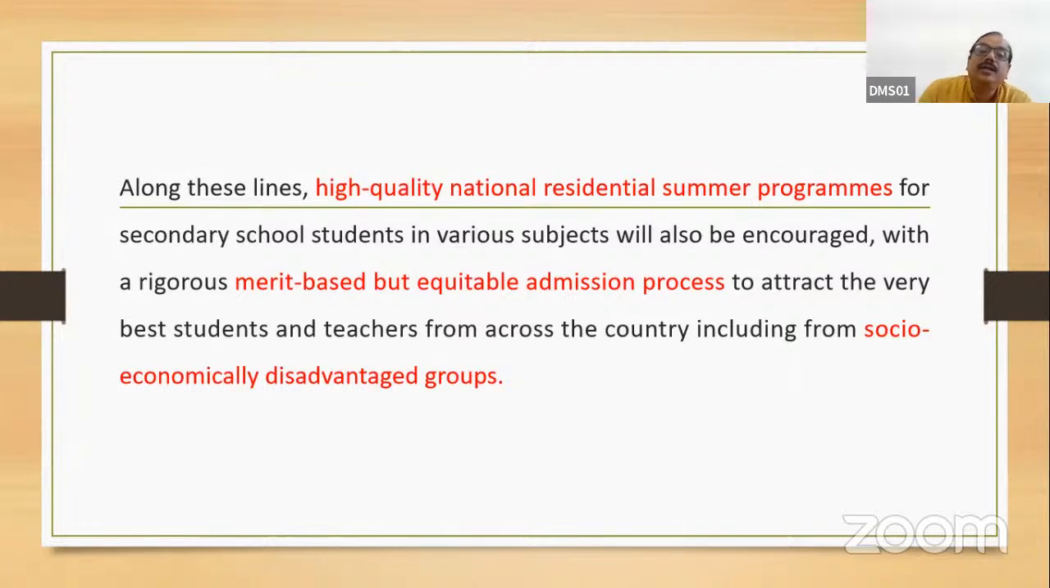So you can also provide them high quality national residential summer programs. Okay, so they are not saying residential exclusive schools for them. They are saying during the summer vacation, a residential summer program of shorter duration can be held, and in which they can be inducted and provided all kinds of services. And it should be merit-based but equitable admission process to attract the best students and teachers from across the country, including socio-economically disadvantaged groups. So the socially, economically disadvantaged groups comprise SC, ST, OBC, minorities will also